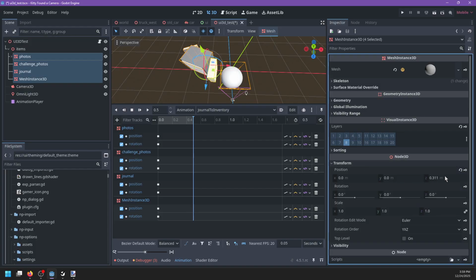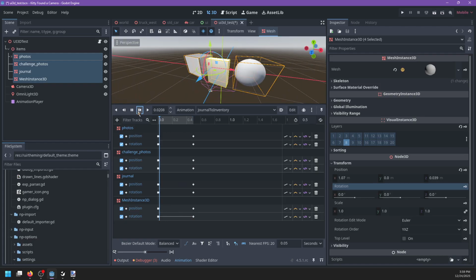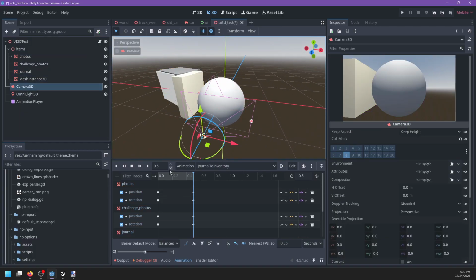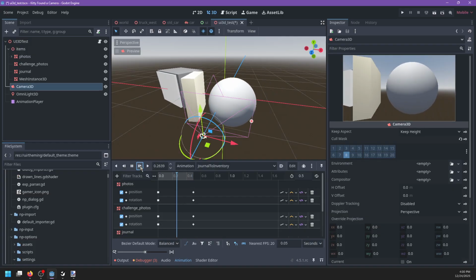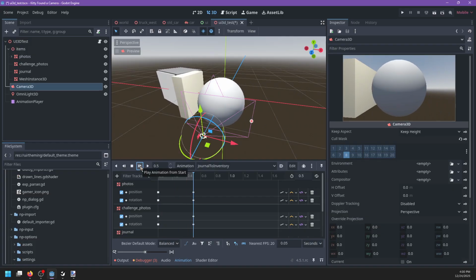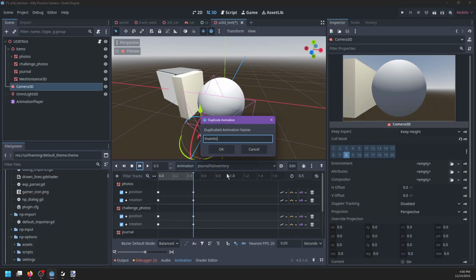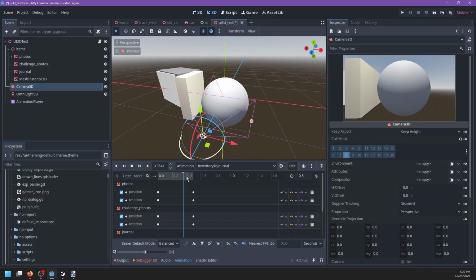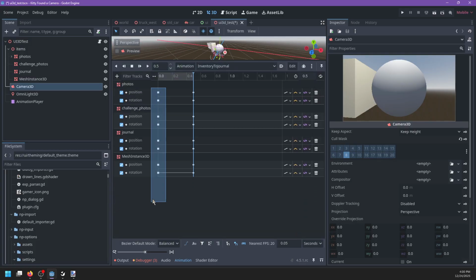But okay, transform. I'm still not sure how exactly I'm going to put these on top of everything. I think it'll probably be a viewport that's just on top of the actual game itself. But okay, I like that. And then we just duplicate, do inventory to journal. And like before,